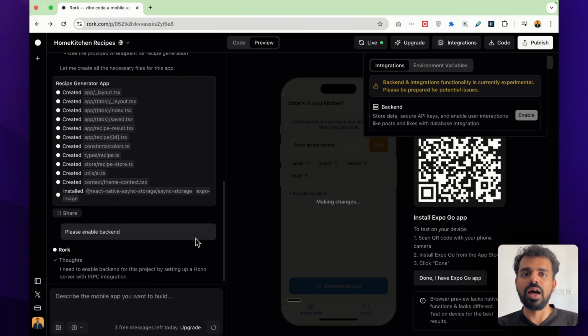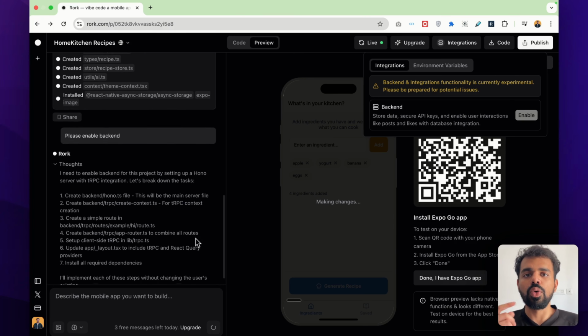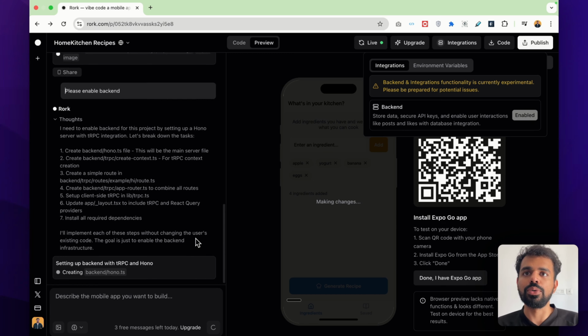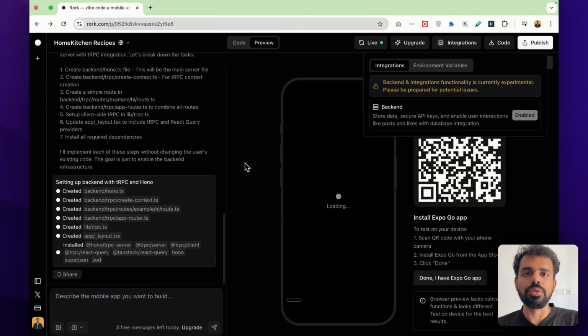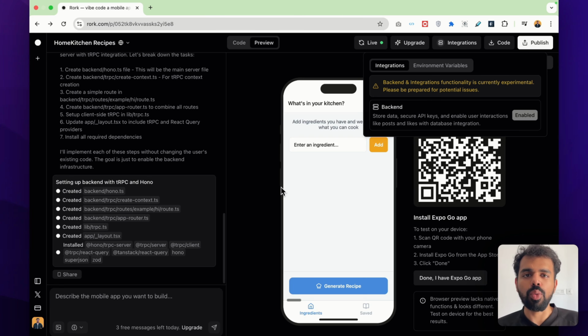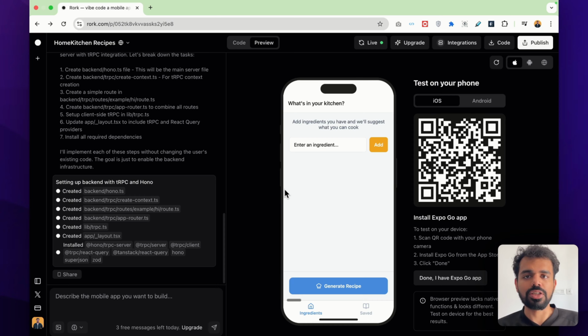Even with Lovable and with Bolt, you have to connect your Supabase account to create a backend. So this might also create a limitation where you would have to keep on using Roark for your app. You cannot just download your code and keep using it separately. Since your backend is now linked with Roark, you would have to keep on using them as your backend. But still, this would work well for a prototype level app where you're just trying to test your app idea rather than a fully featured production level app.